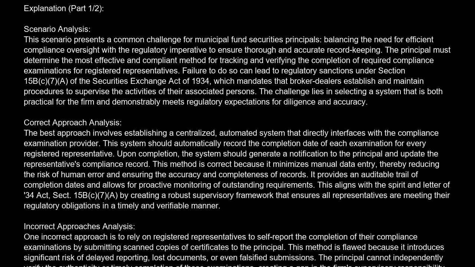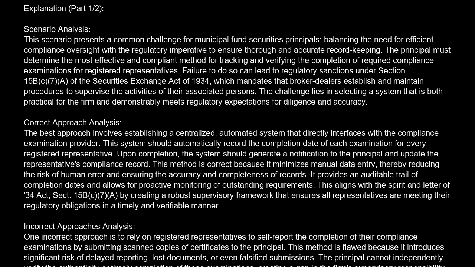Explanation. Scenario analysis. This scenario presents a common challenge for municipal fund securities principals, balancing the need for efficient compliance oversight with the regulatory imperative to ensure thorough and accurate record-keeping. The principal must determine the most effective and compliant method for tracking and verifying the completion of required compliance examinations for registered representatives. Failure to do so can lead to regulatory sanctions under Section 15B(c)(7)(A) of the Securities